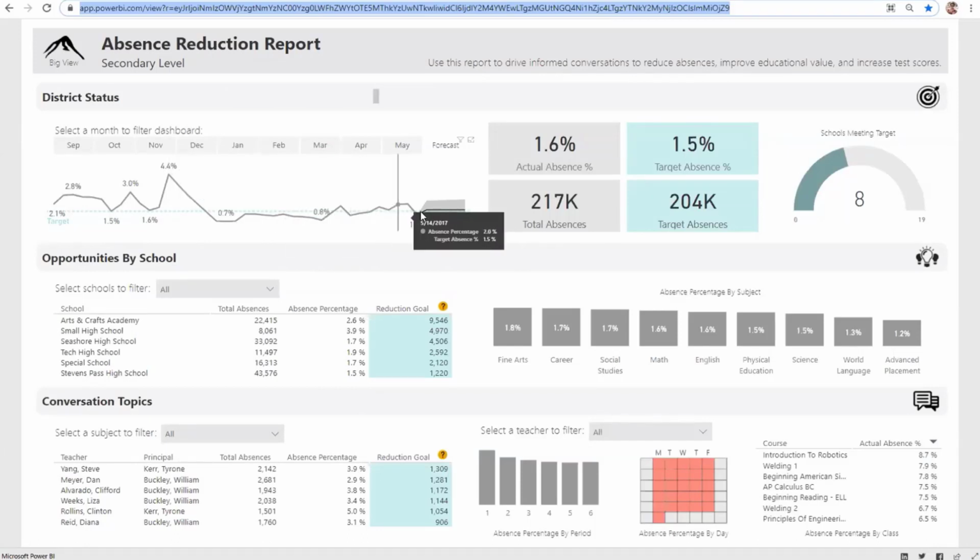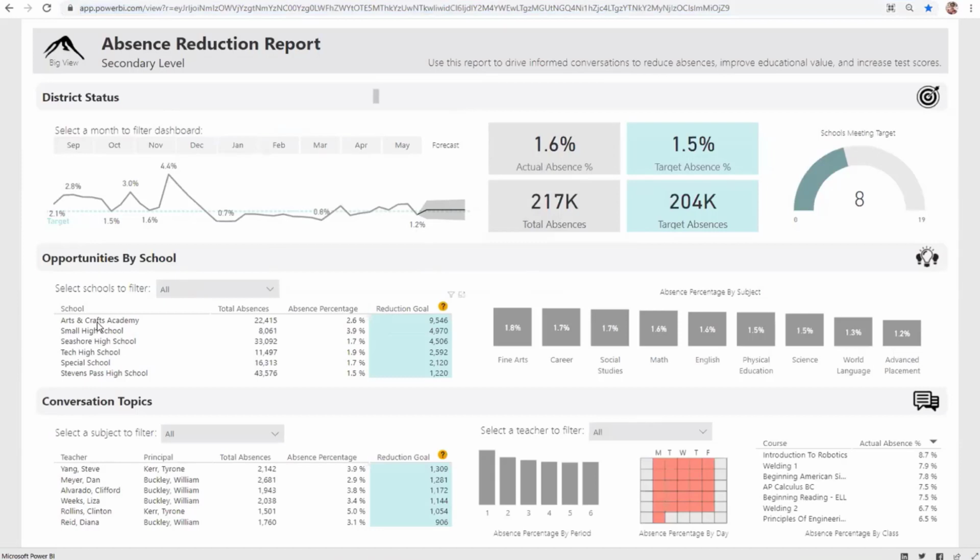Also, if you see here, this grayish part is a forecast. If the data continues this way, how much will it be in the future? It will be in the range of 2.3 to 0.9, that is an average kind of thing. It can even forecast for the next 5 years how your product is going to be.